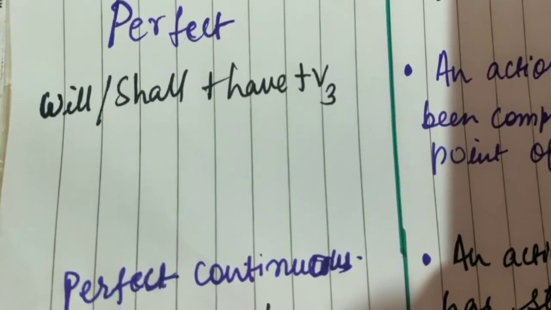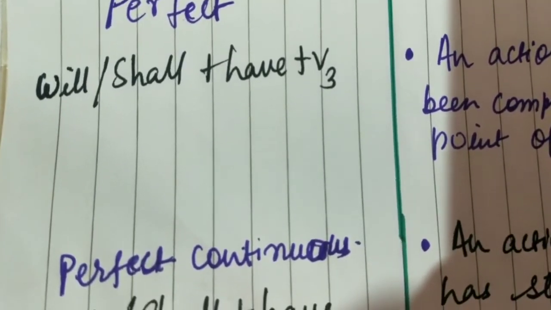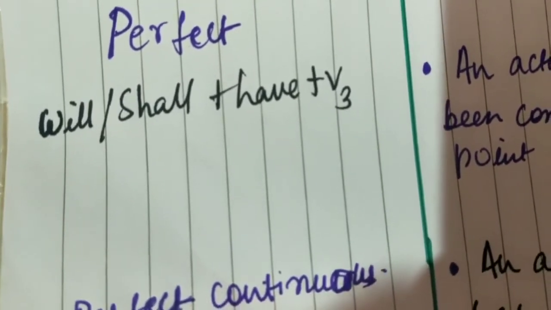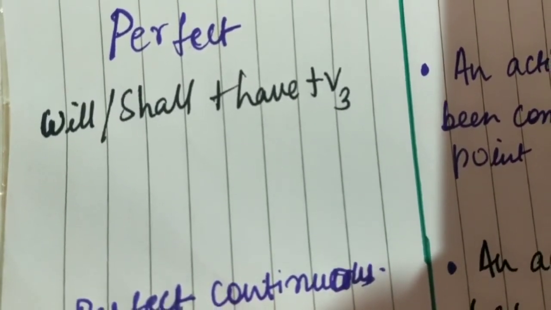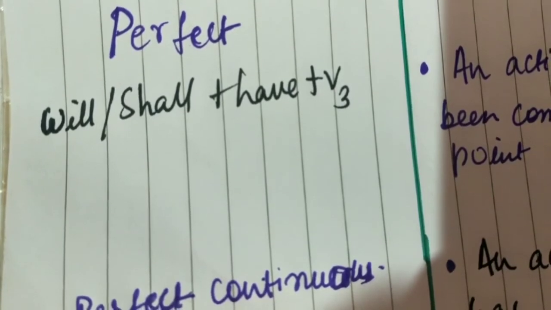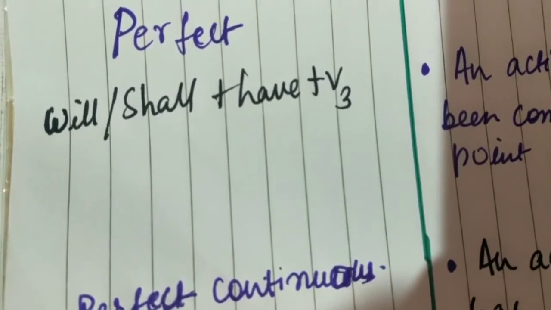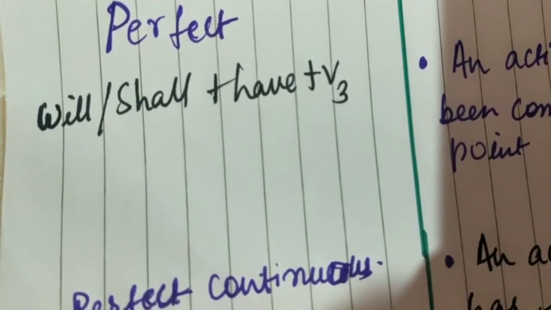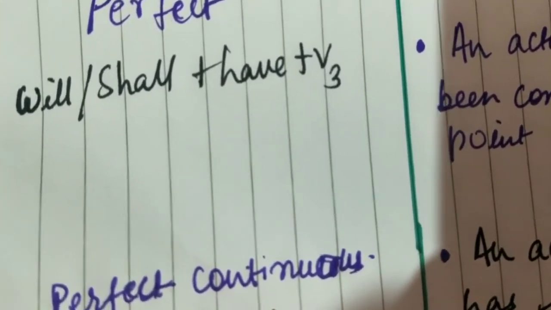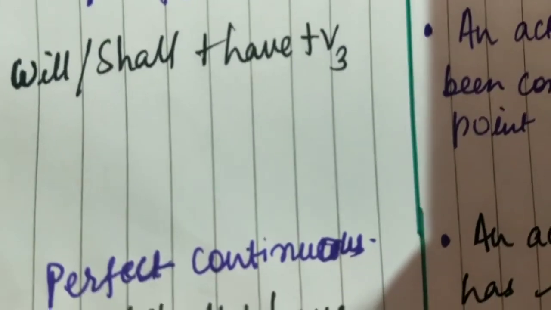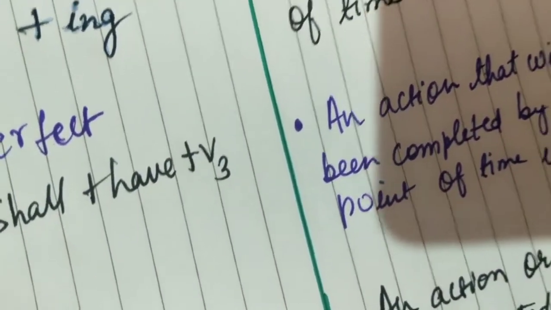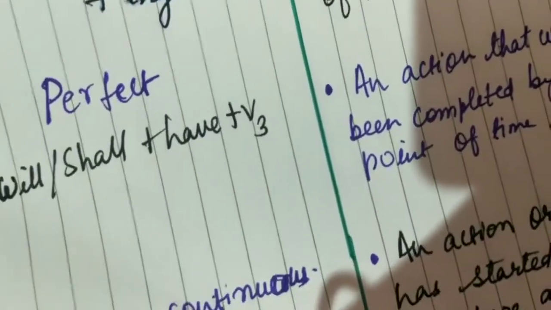is used to describe an action which will be going on for a specified period of time in the future. You know, in written or spoken English we rarely use the future perfect continuous tense. So all the three other tenses we use